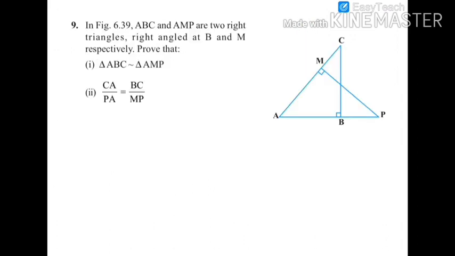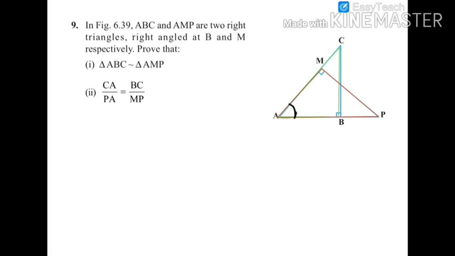Question number 9. In the figure, ABC and AMP are two right triangles, right angled at B and M. Prove that these two triangles are similar and show these ratios are equal. Let's mark these two triangles that need to be shown similar using two different colors. Clearly we can see that